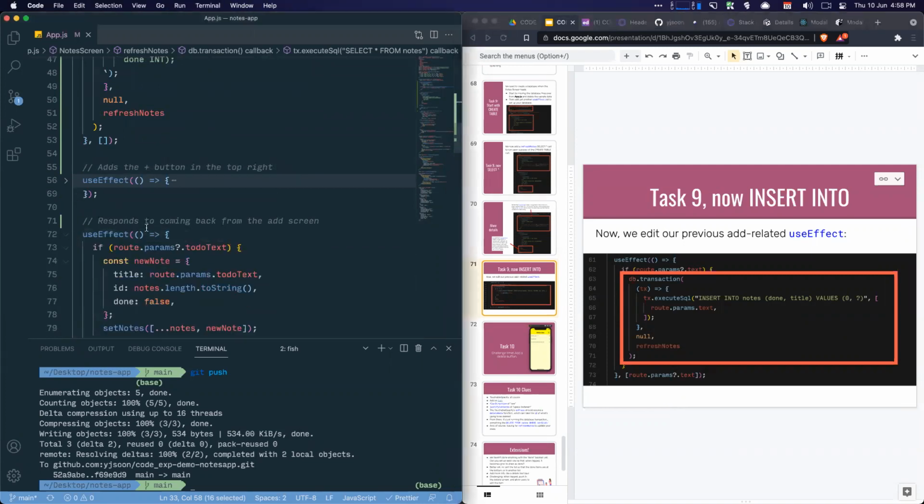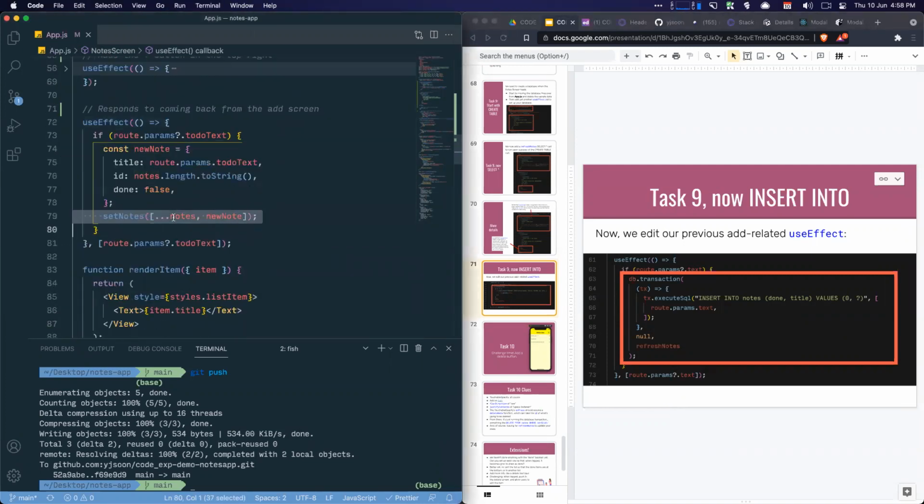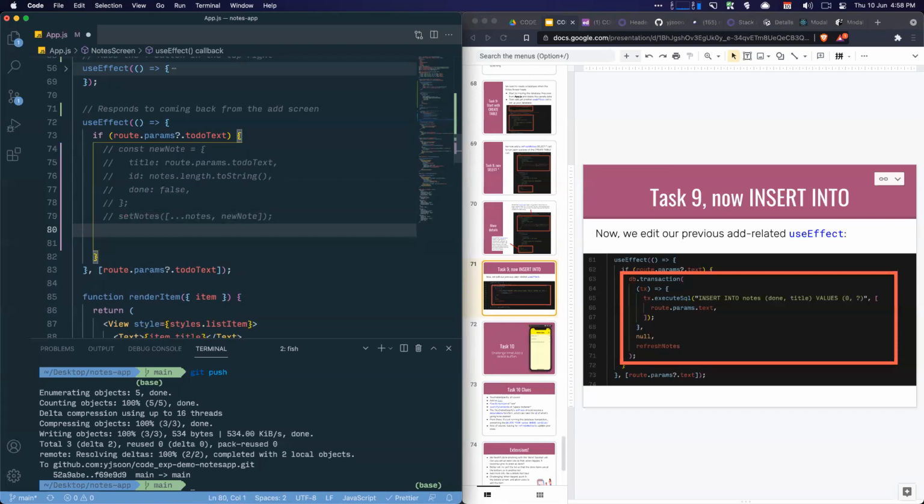Okay, responding to coming back from the use screen. All right, we don't call set nodes. We are going to just straight up insert into the database. I'm going to comment this out. Not going to use this anymore. We're just going to